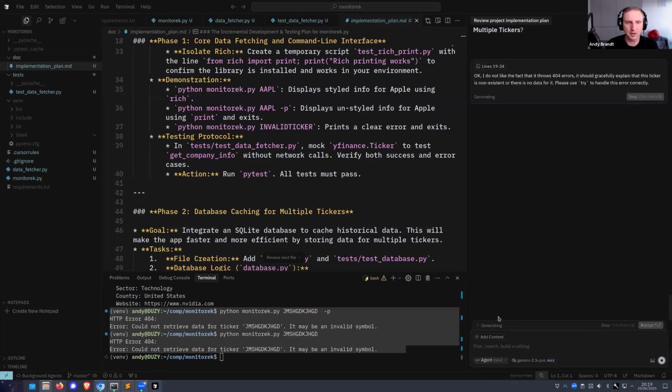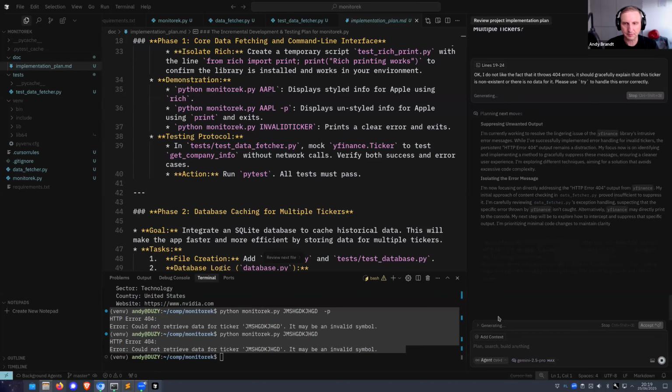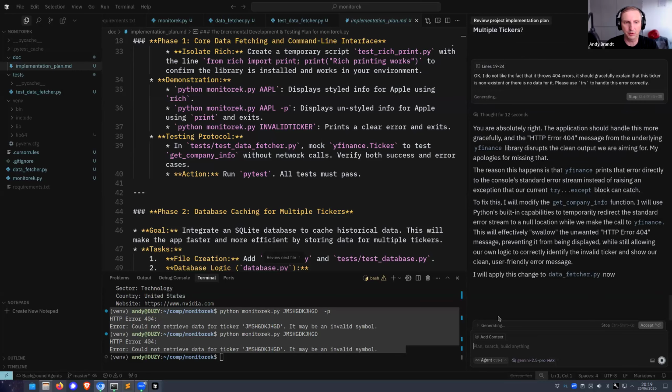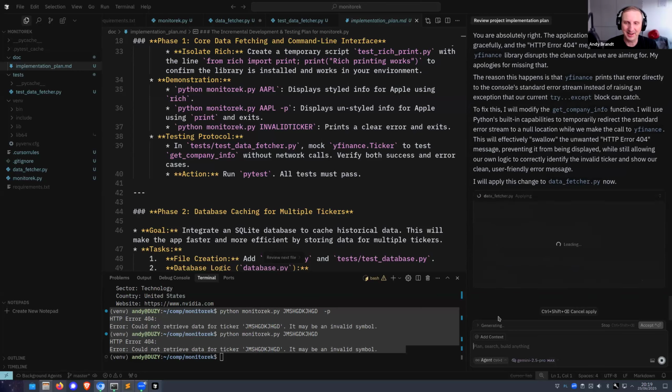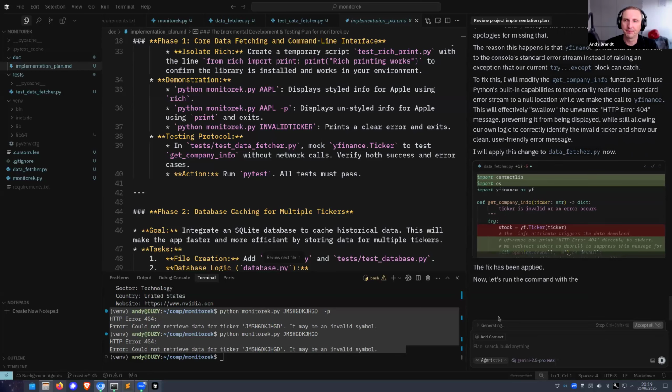So this is something that happens quite a lot. And that's why I'm using phases. At the end of each phase, I'm able to test whatever was done up until this point. And if there is any mistake, any error that the model has missed, I will not miss it. And hopefully, I can then ask it to implement it better.